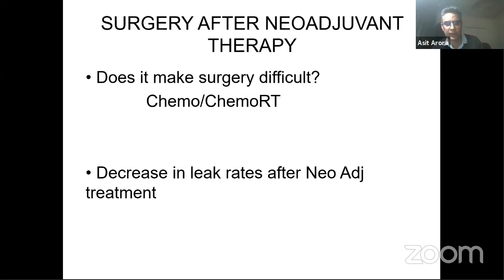Have experience of operating in rectum. We have experience of operating in thorax for esophageal malignancies. But this is something, so I'll come to data later, whether the data actually supports the use of radiation at present or not. But what is the experience in your center of giving neoadjuvant chemo-RT to borderline pancreatic resection?